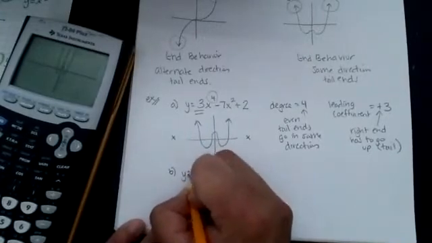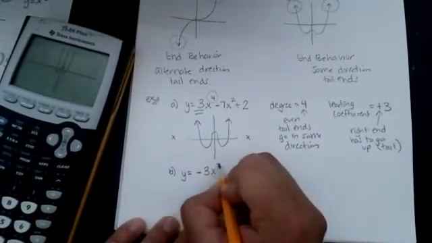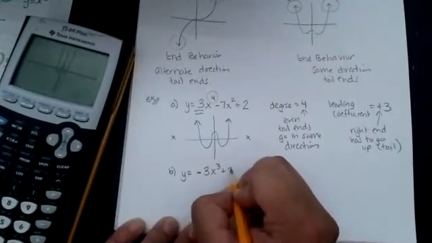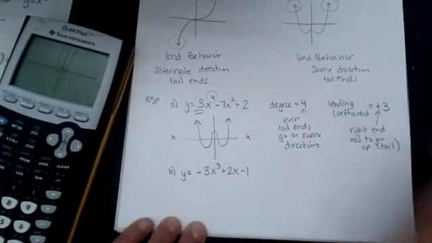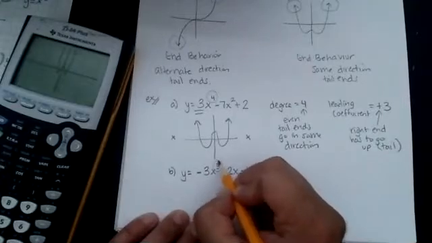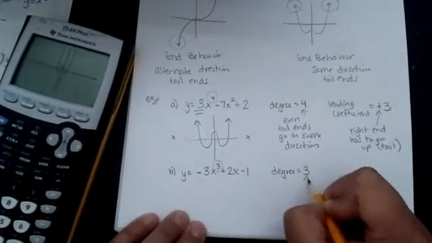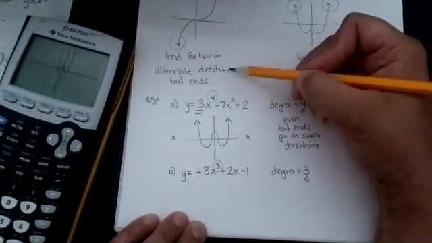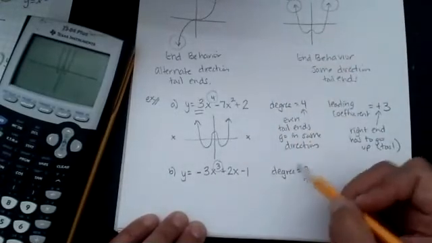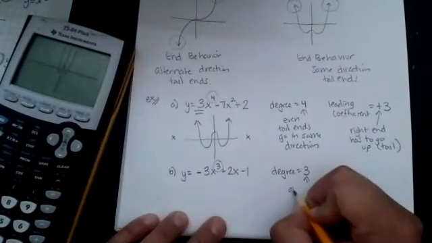Let's say y equals negative 3x cubed plus 2x minus 1, okay? Right here, my degree is 3, so the degree equals 3. Because that degree is an odd number, I know the end behaviors have to alternate direction. So either one's going up, one's going down, or one's going down, one's going up. So they have to alternate